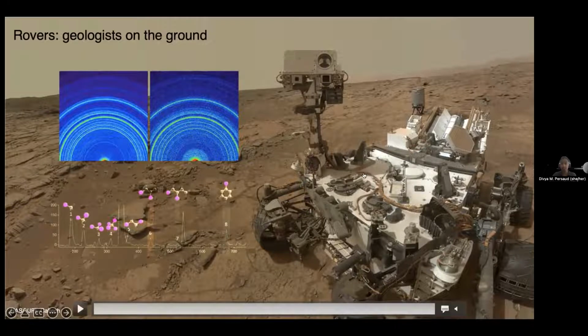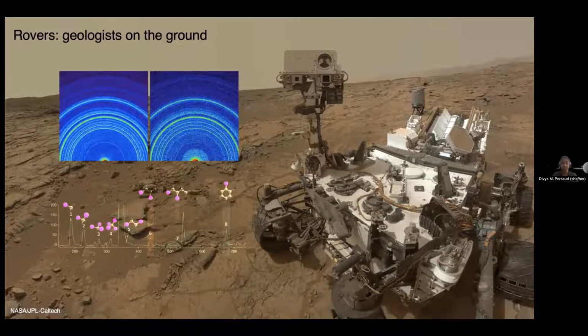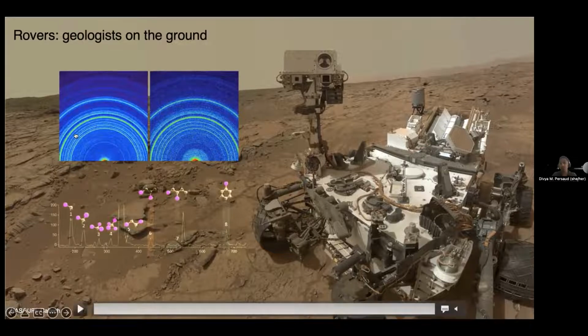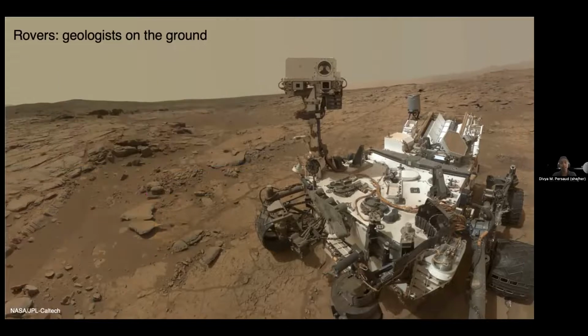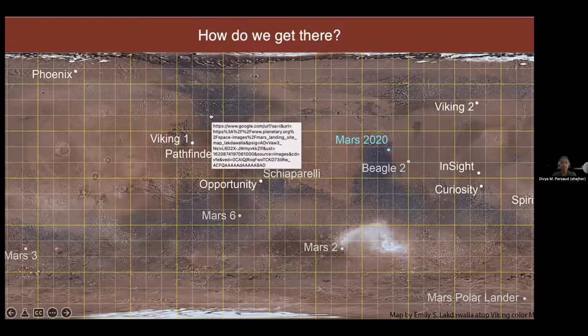It's loaded up with loads of cameras, loads of different instruments, a little chemistry laboratory, and it can do types of analyses like shoot lasers at rocks and get an idea of what those rocks are made of. So it's not quite a geologist out in the field who can do little experiments, who can take samples back to the laboratory and look at them under a microscope, but it can nearly do those things and with our direction. The trouble with rovers is they're tiny and you also have to get them to the surface. Sorry about that link. And getting them there is not trivial.